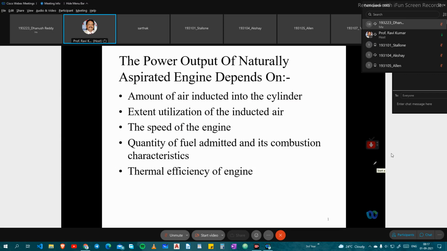If the quality of the fuel is good, the quality of the air is good, then combustion is perfect, 100%. But basically, what happens? There is some problem with this. Where are we going to get quality fuel and quality air? These two are very important to increase the efficiency of the engine. That's why the thermal efficiency of the engine is to be increased. What we have is an additional method: the supercharger or turbocharger of the engine.